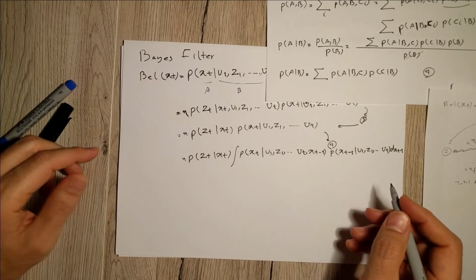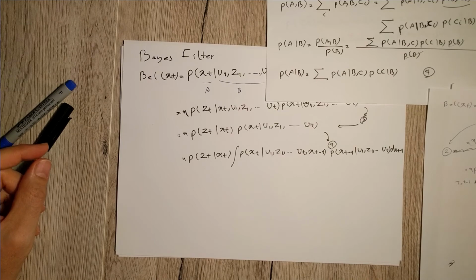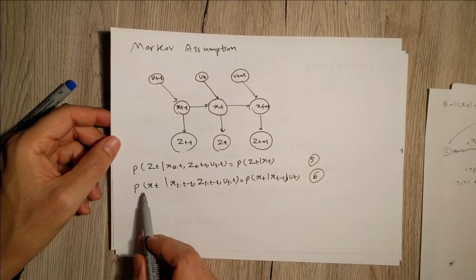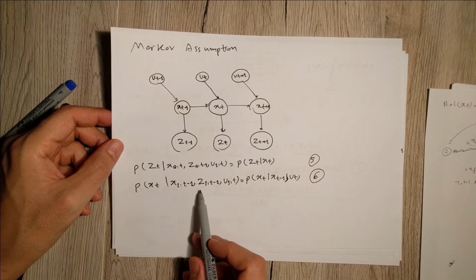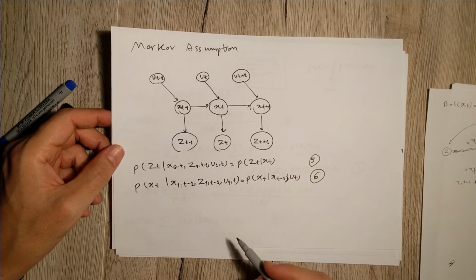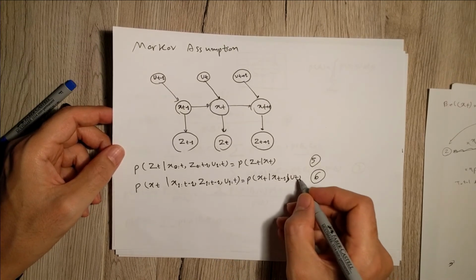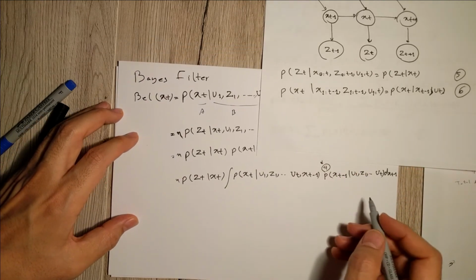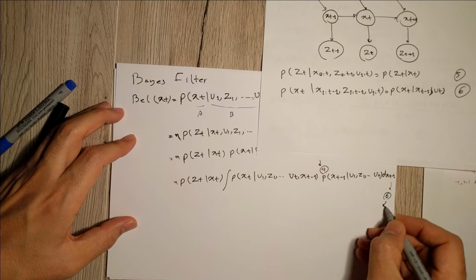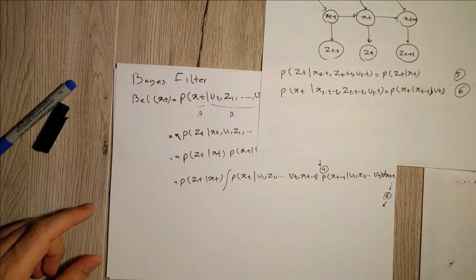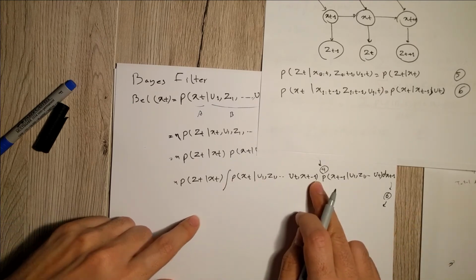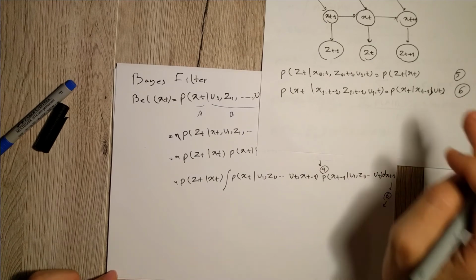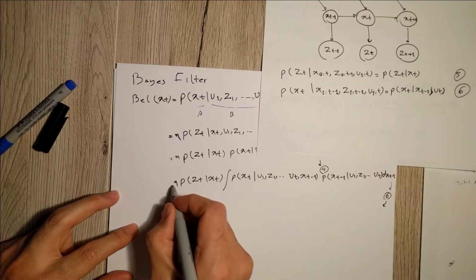Okay, now I'm going to use the Markov property again, this time equation number 6. What does it say? It says probability of xt given previous state and the previous measurements and the previous motion commands, it's only dependent on the previous state and the motion commands that brought us to here. So equation number 6, I use equation number 6 here for this part. Sorry, for this part. I use equation number 6. xt given previous state and measurements and motion commands is only dependent on the previous state and the